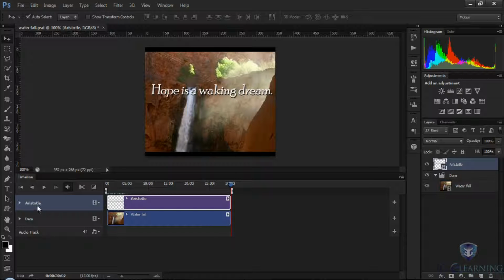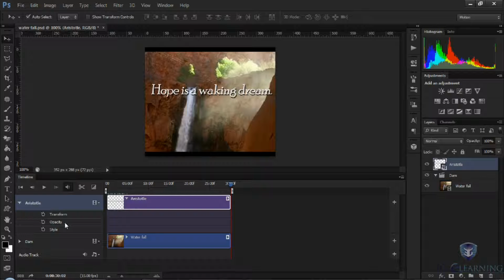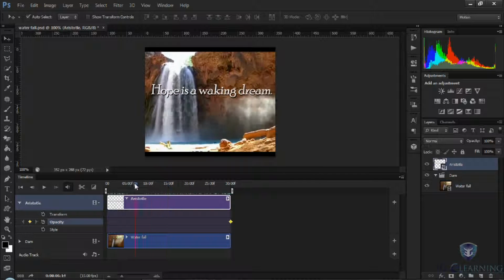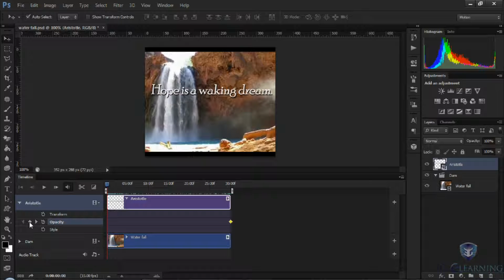But I do want this to fade in, so I will expand Aristotle, and I will start the opacity at the end at 100%. So at the end of the video, you see this full text. I will click the stopwatch to say, mark the opacity of the text as it stands here. I will pull the playhead back to the beginning, and I will click the diamond to insert a keyframe to make a change in the opacity. And I will make this 0%. You could slide it or double-click and press Return or Enter, and now as I scrub my timeline, it's fading